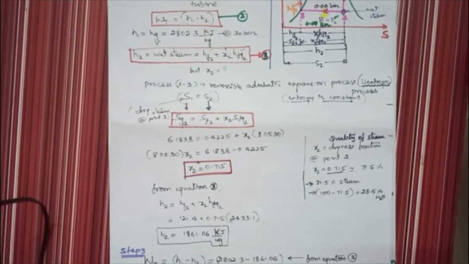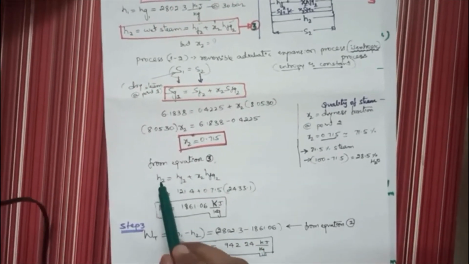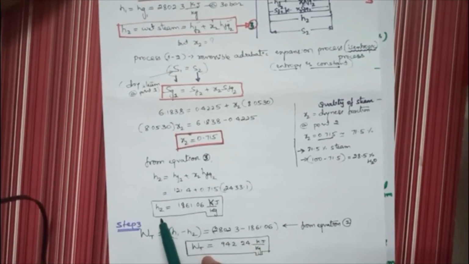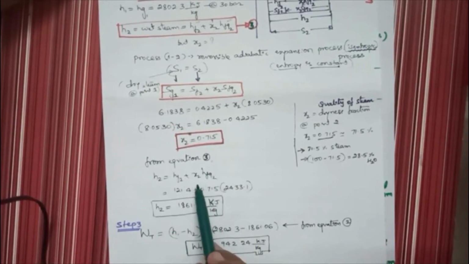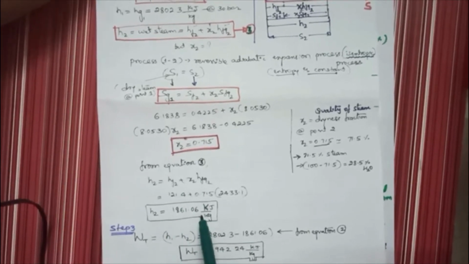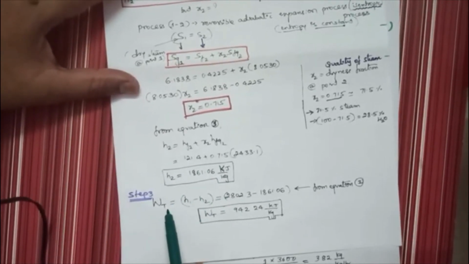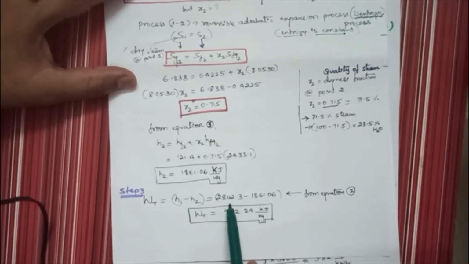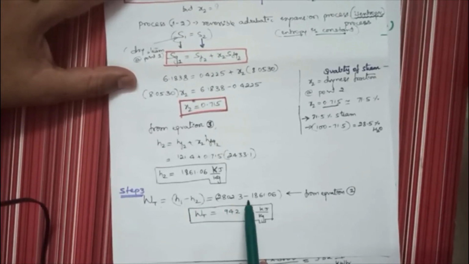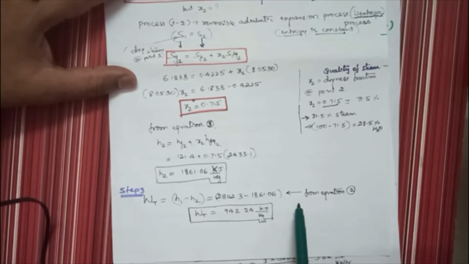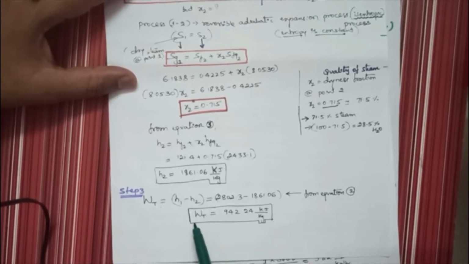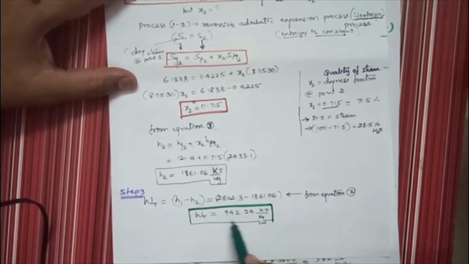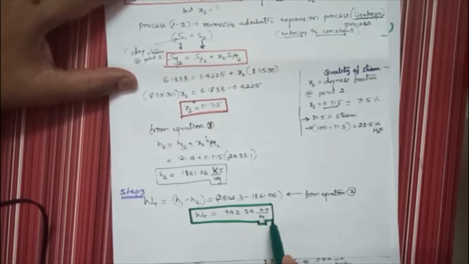x2 is substituted. So h2 is equal to xf2 and s2. So h2 is equal to 186. You substitute all the values, h2 you got. So next coming back to work done by the turbine, h1 minus h2. So h1 is this value already you have calculated, minus h2 also you have calculated from equation number 2. So work done by the turbine is this value.